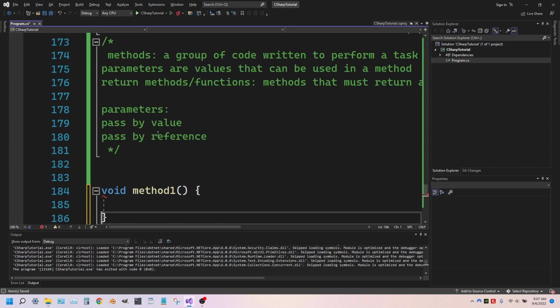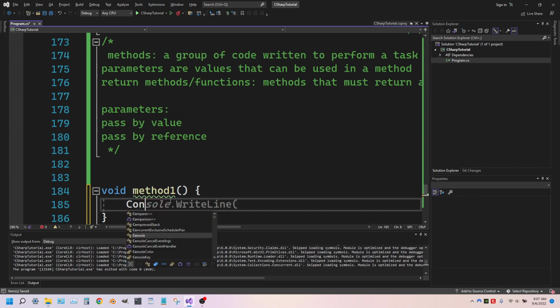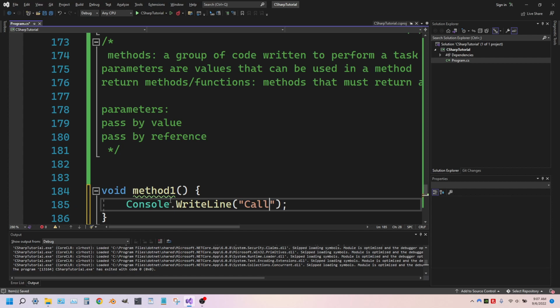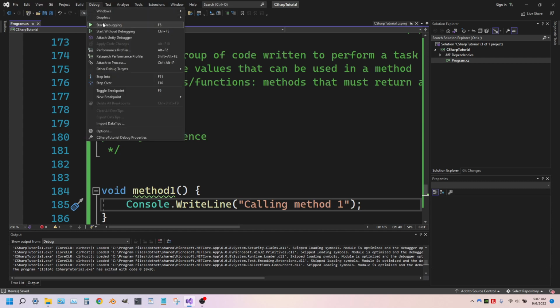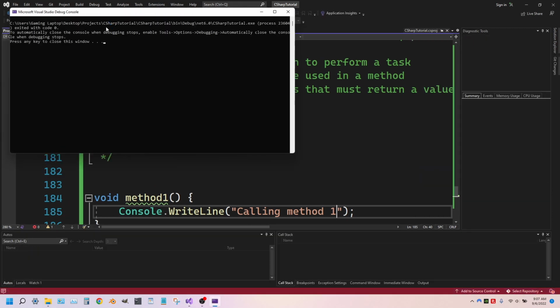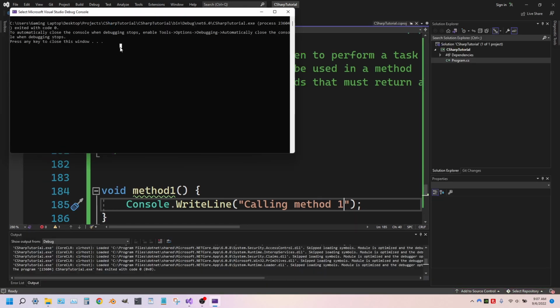Now you can write down console dot write line and calling method 1. Now if you run this program, there might be nothing showing up. And yep, because a